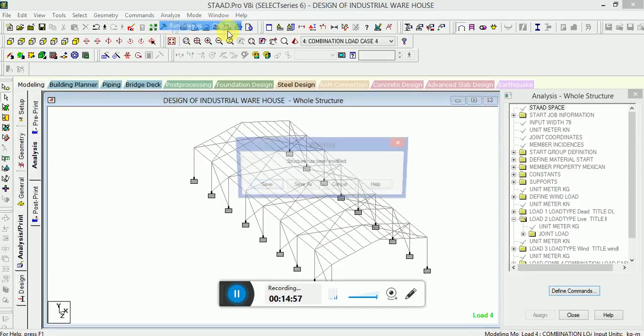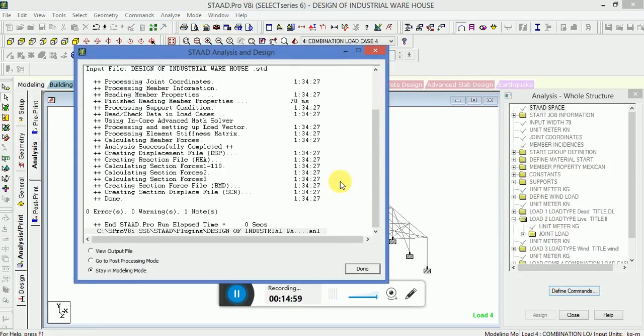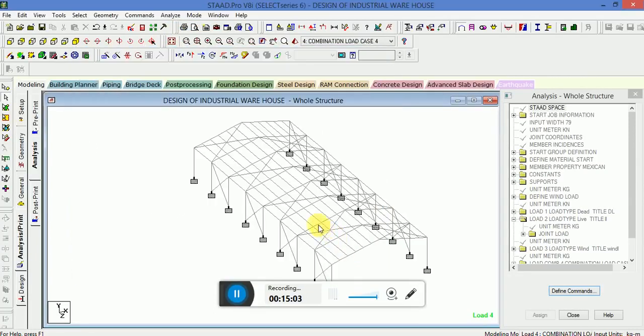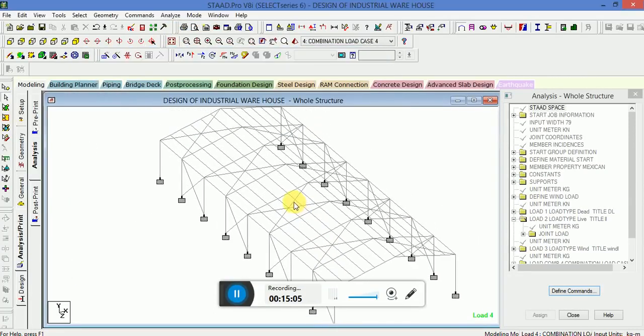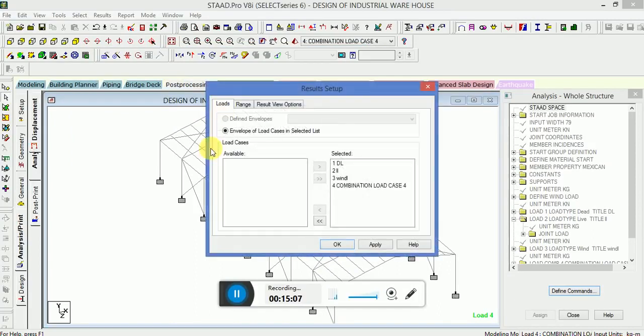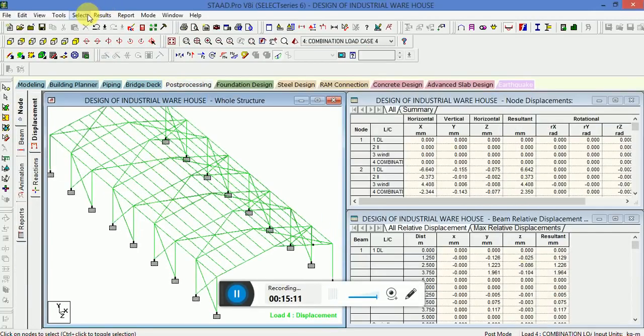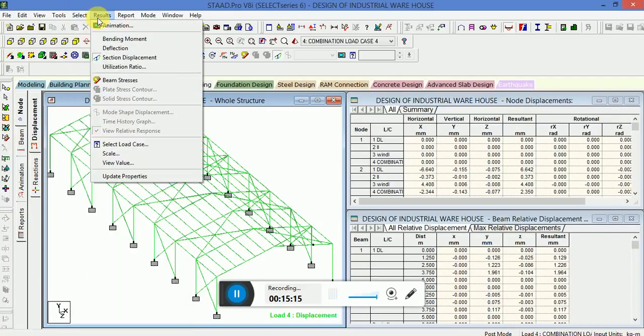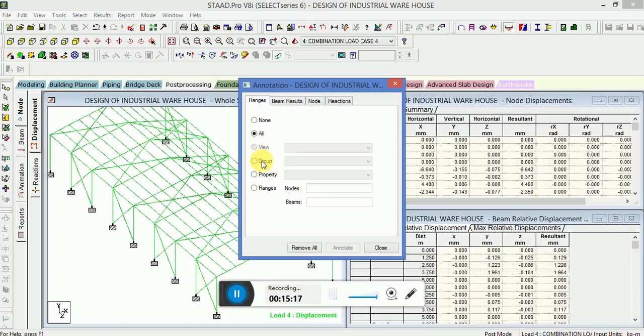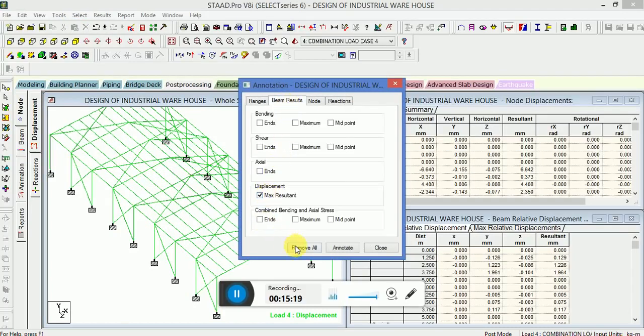Then I will go to analyze, run analysis. Post processing, results, view value, beam results, maximum results, annotate,